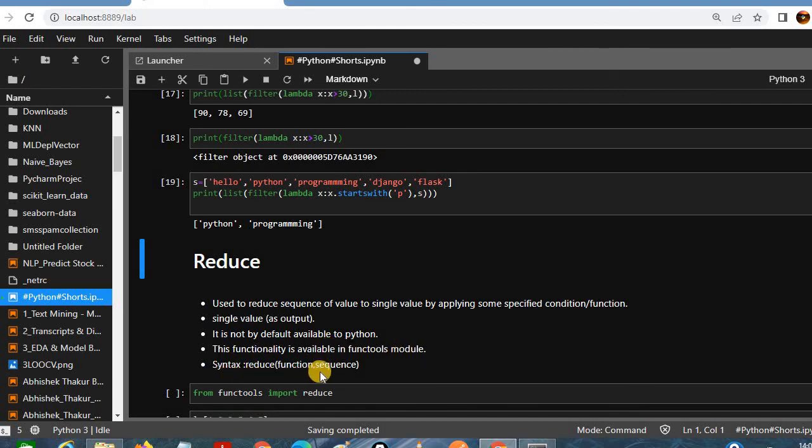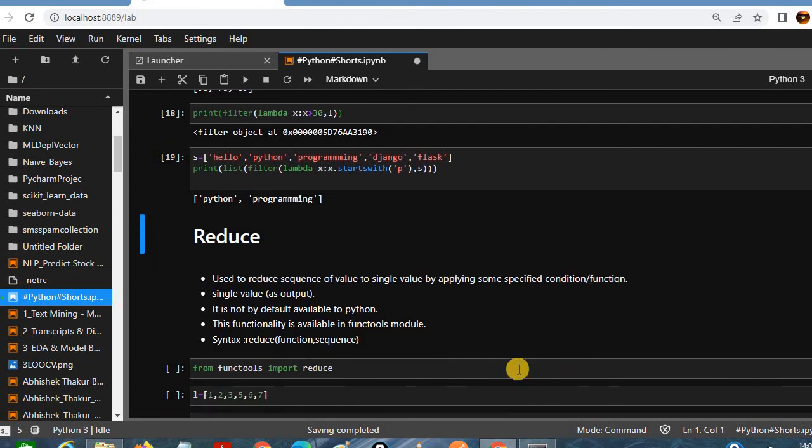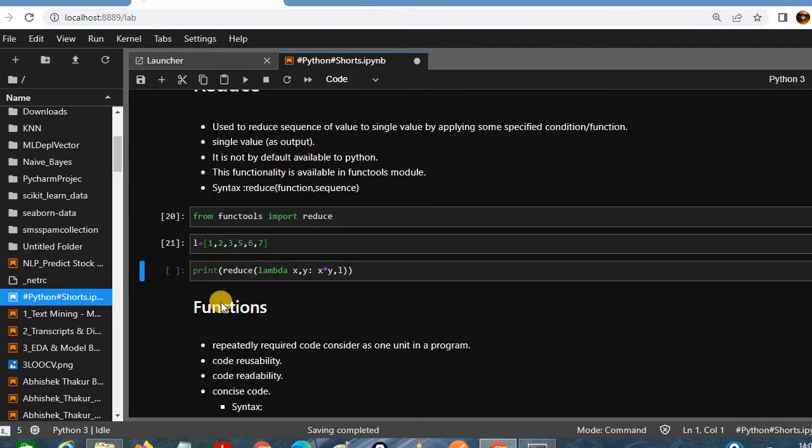Syntax is reduce, function, comma sequence. In all three, map, reduce and filter, only the name is changed, otherwise the parenthesis and function comma sequence pattern is the same. So for the usage of reduce, we first have to import reduce from functools. Then we are considering one list. Then we are applying reduce, simply multiplying all the values